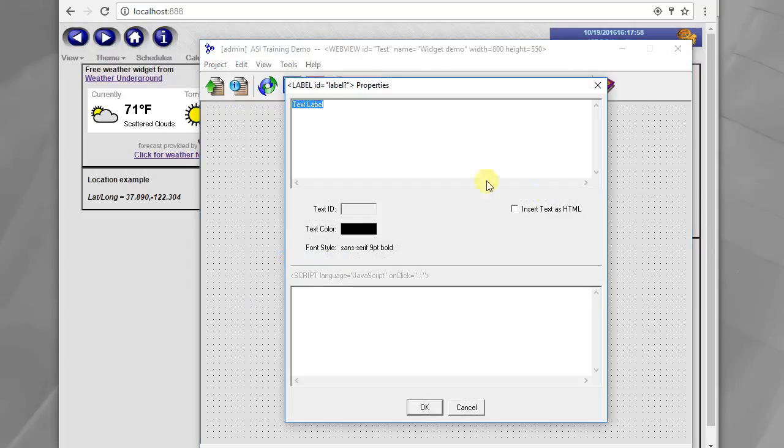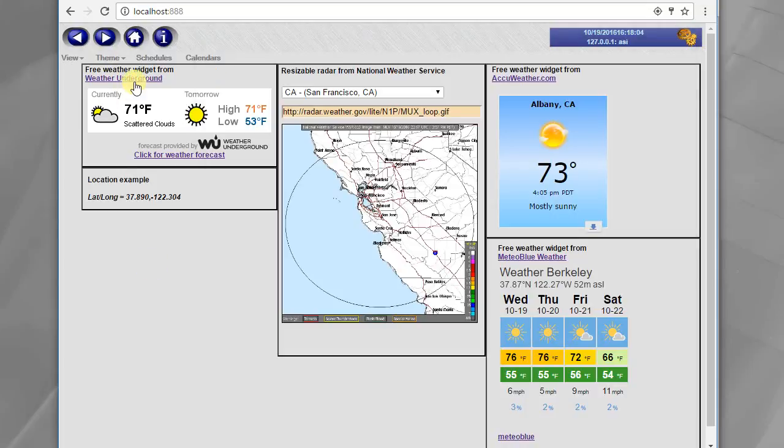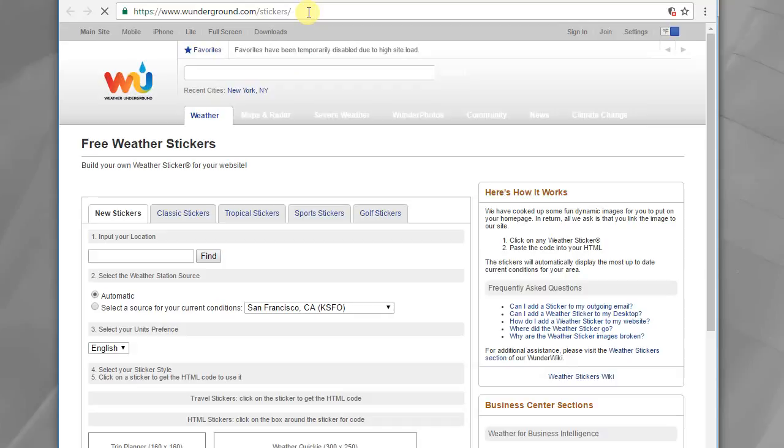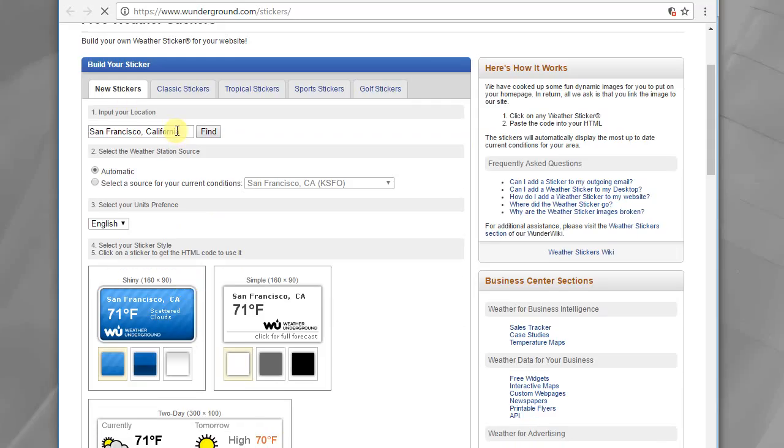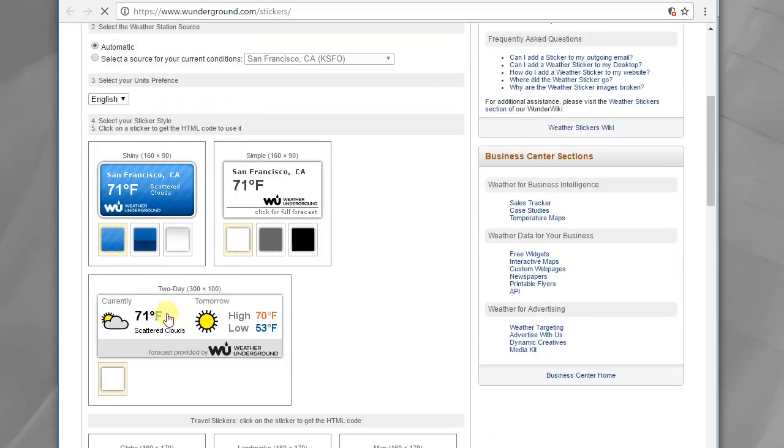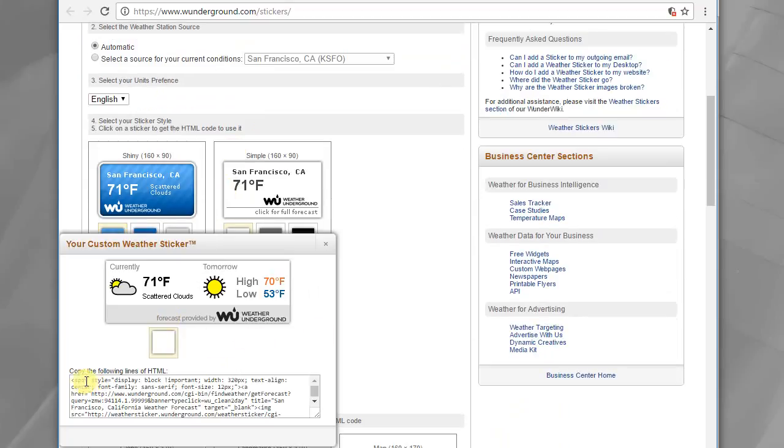We'll add a label, selecting the insert text as HTML element. Go to our demo, click on the link for Weather Underground stickers. In my case, it's figured out I'm near San Francisco, California, and I'm going to grab a copy of the code here,